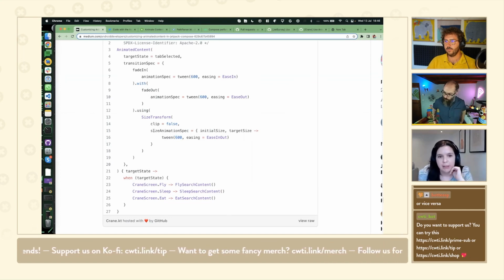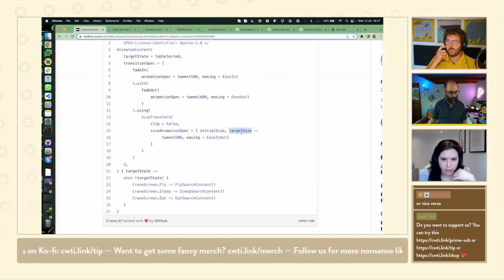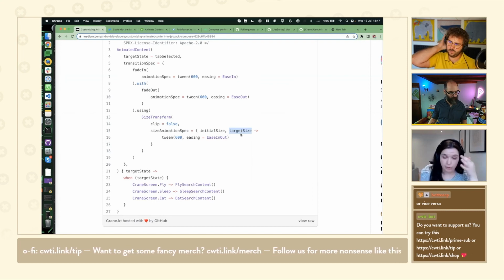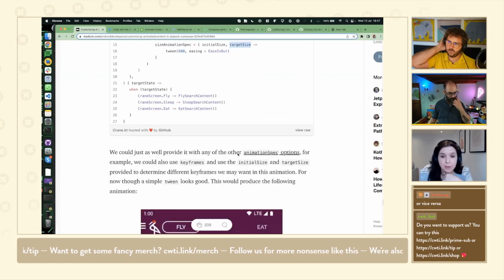What's nice about this is it gives you the initial size and the target size that you can do things with. So if you wanted to do different movements or different calculations with it, you can get that information. So one cool usage of